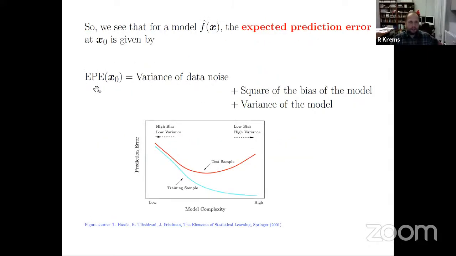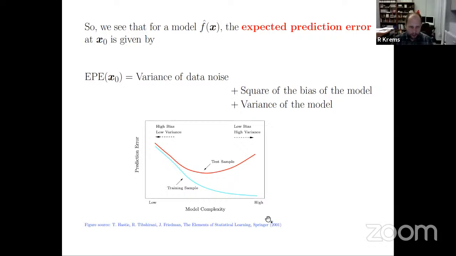So basically what we're saying is that the expected prediction error is going to be decomposed into 3 terms. There's going to be a variance of data noise, which is given to us by the data. There's nothing we can do about it. But then there's going to be 2 other terms. One is the square of the bias of the model, and the other one is the variance of the model. And you see there's going to be a trade-off between these 2 terms, because as the model complexity increases, the variance of the model increases, but the bias of the model decreases. And this is depicted by this plot here that I took from this book called The